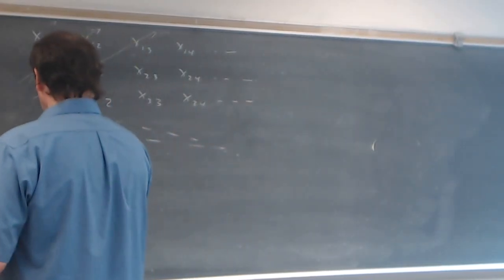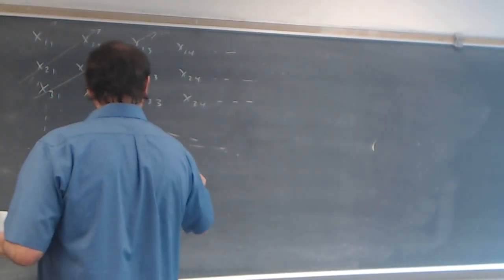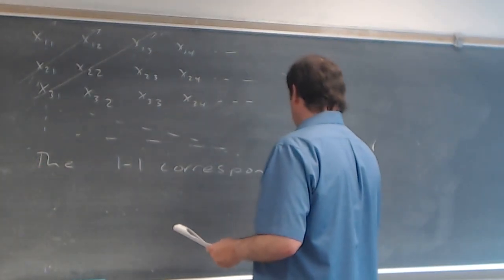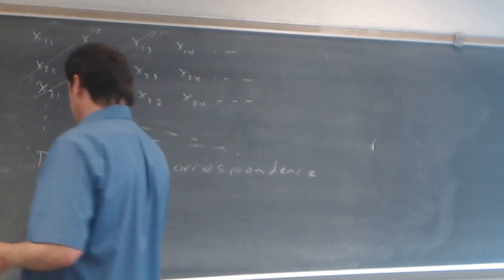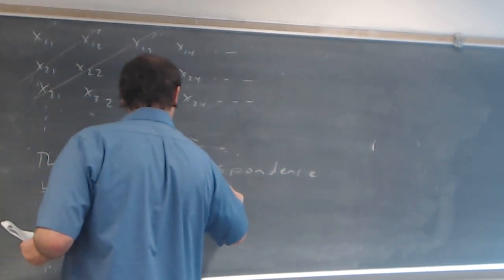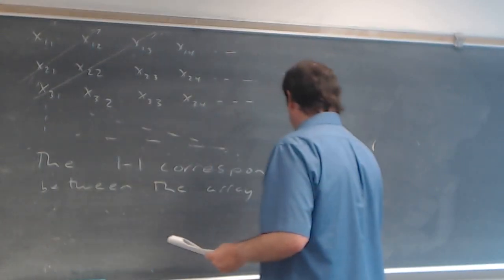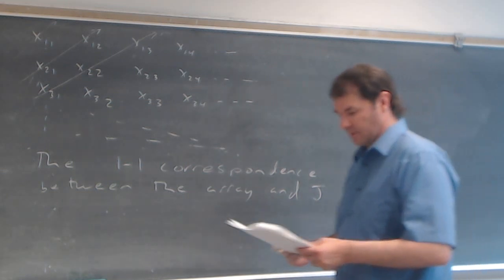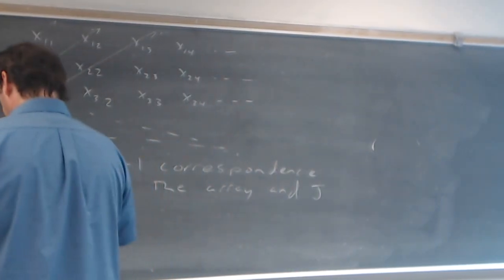So the one-to-one correspondence between the array and the set of natural numbers, J, here before we took out any of the repeating elements, can be seen